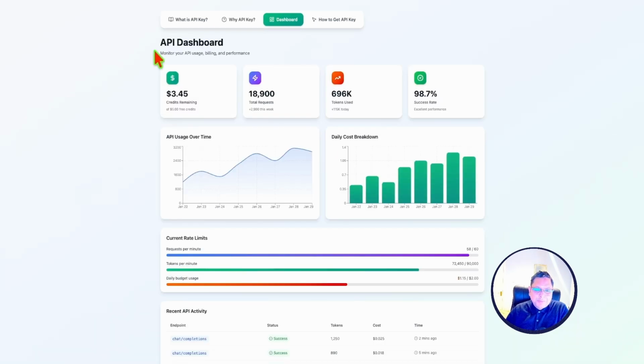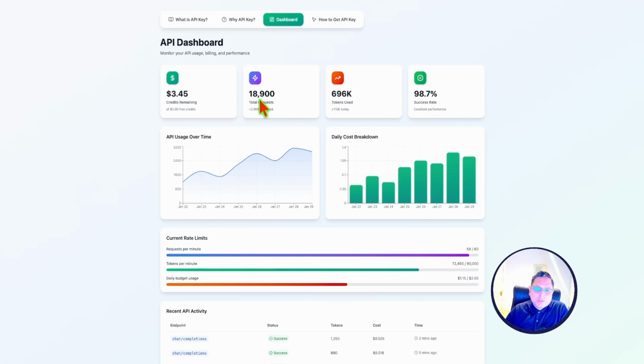Once you have the API key, you will have access to OpenAI's dashboard where you can monitor everything. Here is what you will see in your dashboard, like your remaining credits. In this example, $3.45 out of $5 free credits. And total requests made.